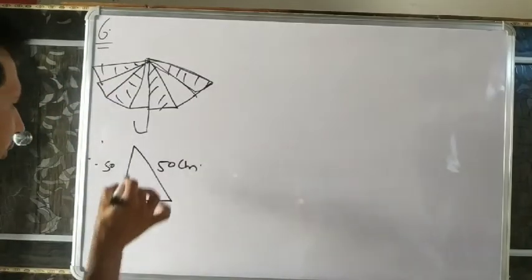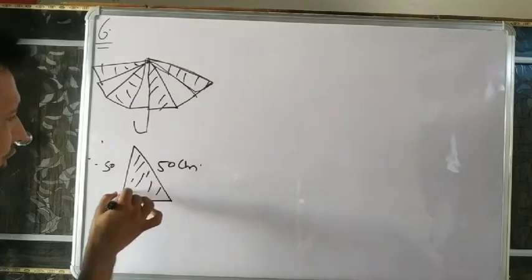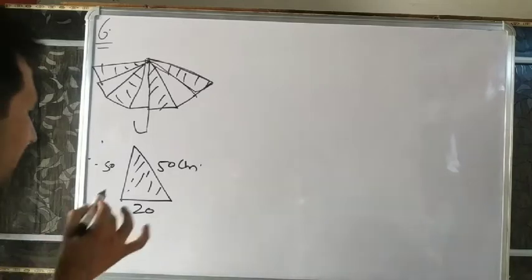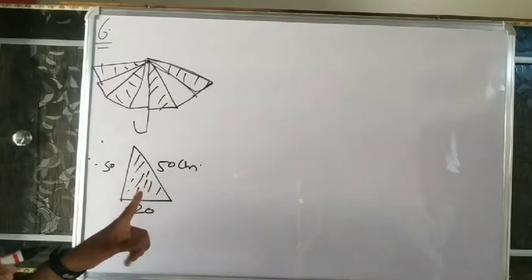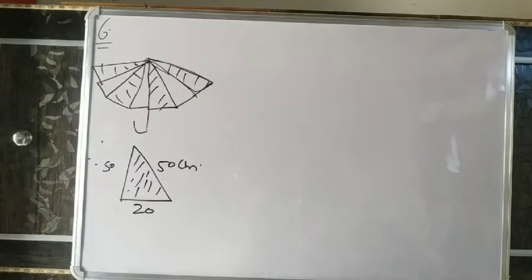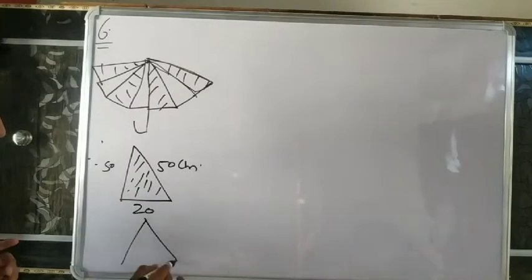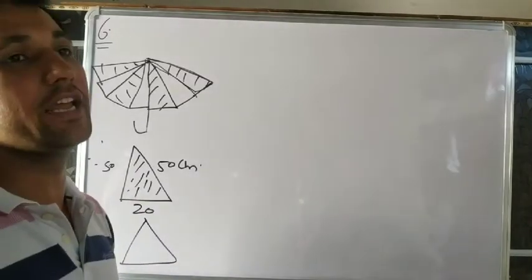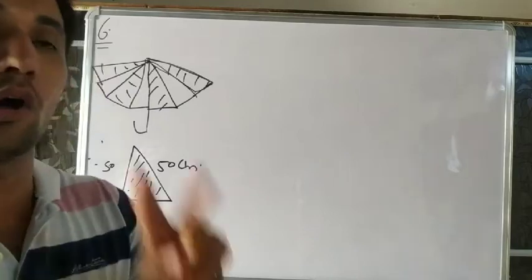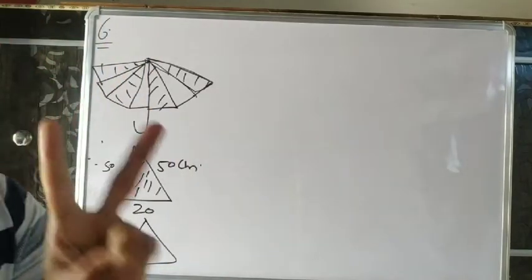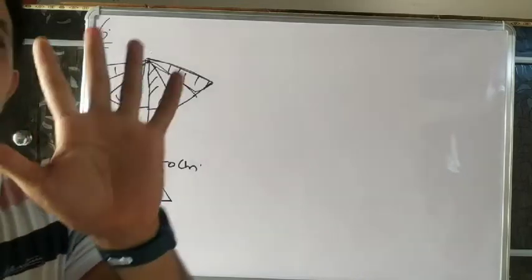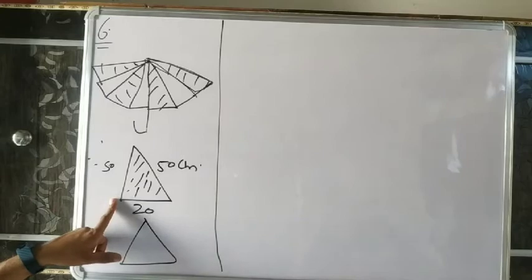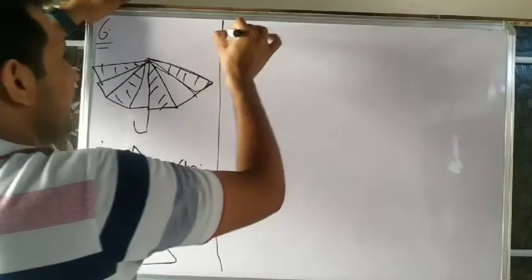Yes, it is the cloth. So do we use the perimeter or the area of the cloth? We need the area of the cloth. And how many stitchings? 10 stitchings. So it means 5 of lining and 5 are plain. Understand or not? And we have to find how much area of each color. Two types of color, and each color has 5 stitchings. So first we will find the area of one piece, one stitching.